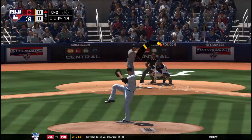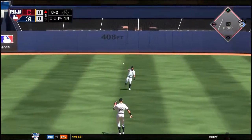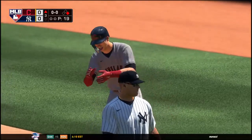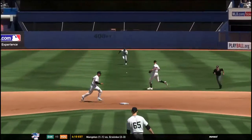The next 0-2. Smoked on the ground up the middle. And there's the first hit of the game for Cleveland. There's a lot of moving parts in some guys' swings. It usually takes them a month or so to get it ironed out. The right fielder, number 8,